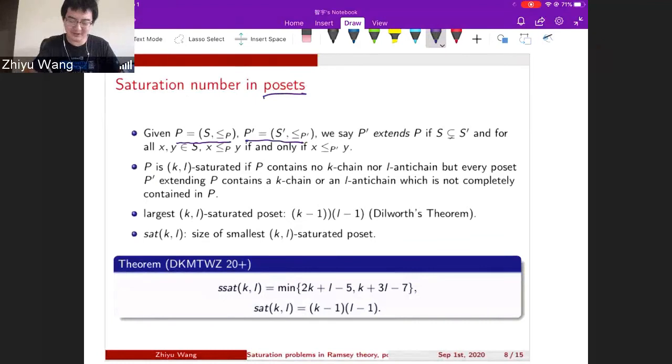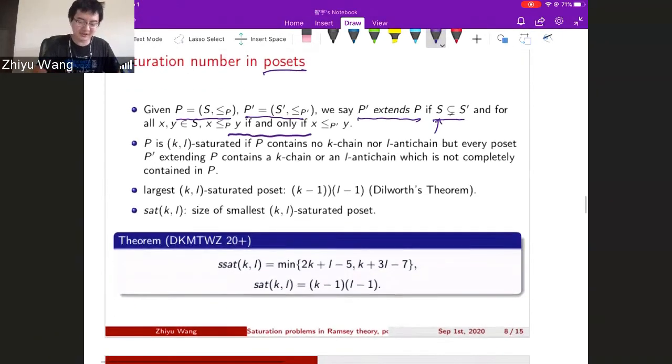So we say P prime extends P if we can restrict P prime to the set S, and then S will inherit the partial order in S prime. So for all x, y in S, x is smaller than y if and only if x is smaller than y in P prime. And with that,